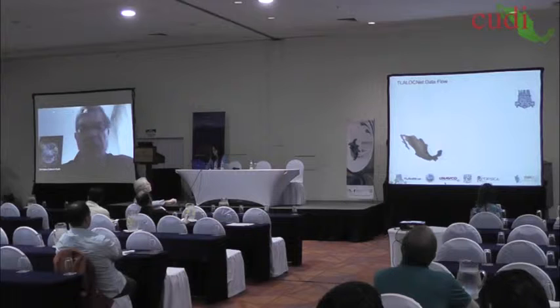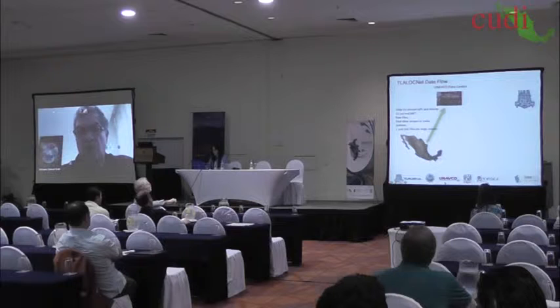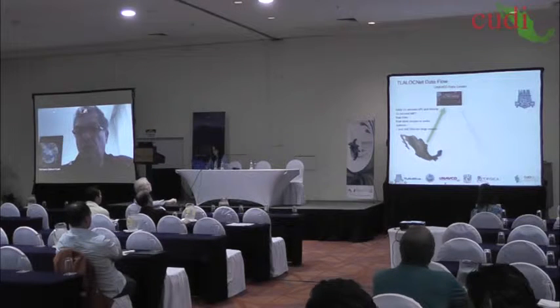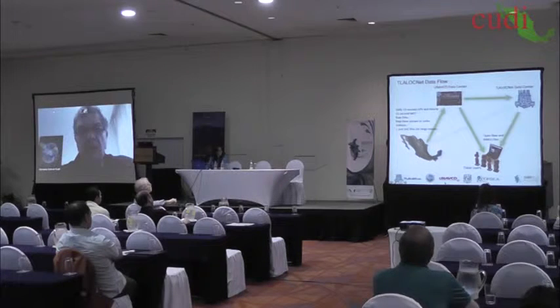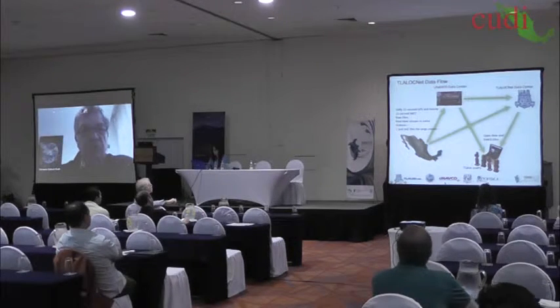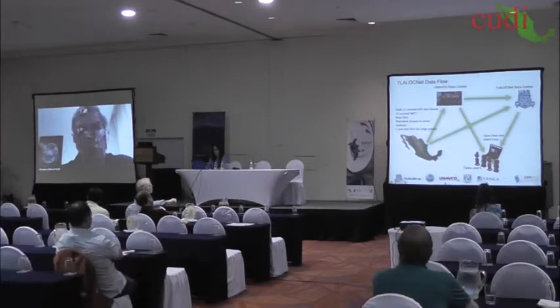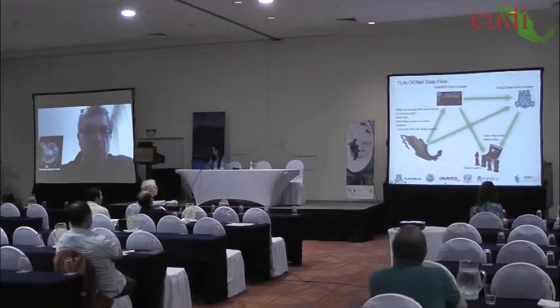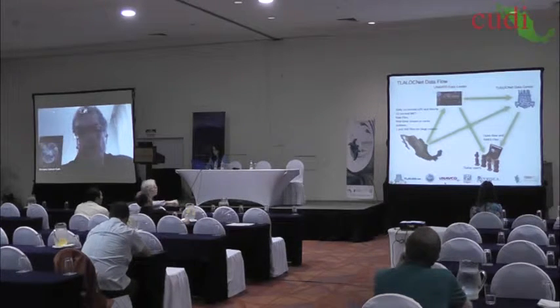Next one. Let me show you a little bit about data. Basically, I want to show you that we have the remote stations. These connect to two data centers. One of them is in Colorado, the other one is at the Universidad de Guadalajara, our TLALOCNet data center. And these two are the pickup point for any GPS data that all different users